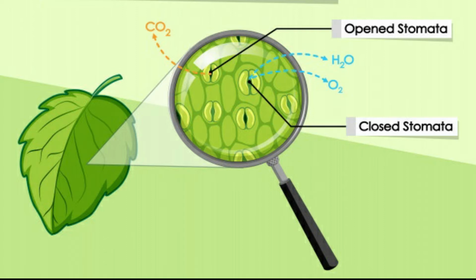We can see stomata under the light microscope. Stomata play an important role in photosynthesis. They take in carbon dioxide and release oxygen, which is used by living things to